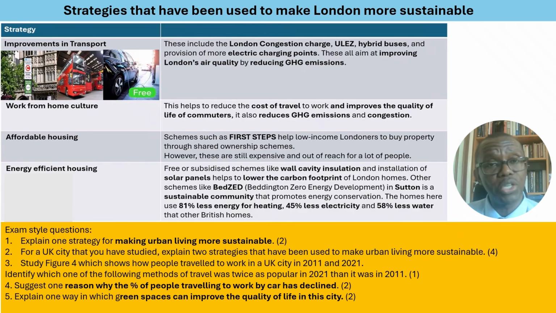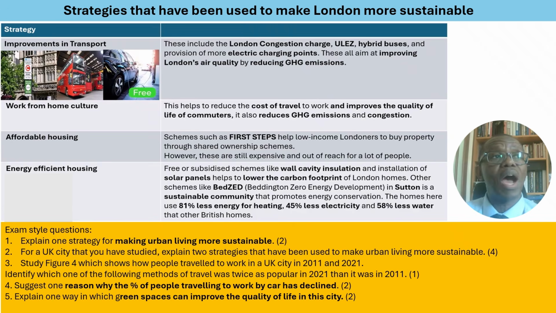Now, we did mention when talking about regeneration that regeneration can lead to house prices going up in an area and pricing out the local residents. Now, the house prices in London obviously have continued to increase due to the increased demand as the population of London increases. And as a result of that, the government has sought to come up with housing that is a lot more affordable. So schemes such as First Steps will help low-income Londoners to buy property through shared ownership schemes,